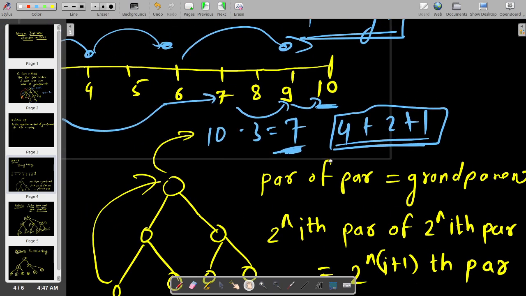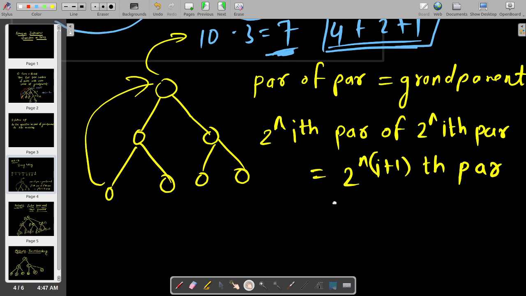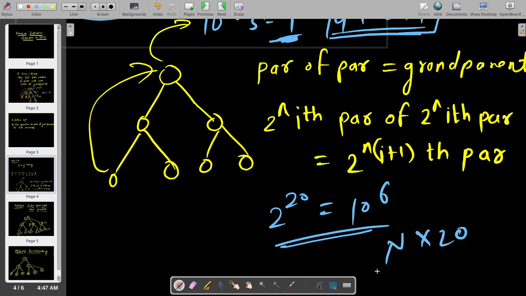So now you get that if we know the 2 raised to the power ith parent of each node, for i from 0 up to max, it will be at most 20 values, right? Because 2 raised to 20 is around 10 raised to 6, correct? So we don't need more than that. So for n into 20 values we could find the kth ancestor.